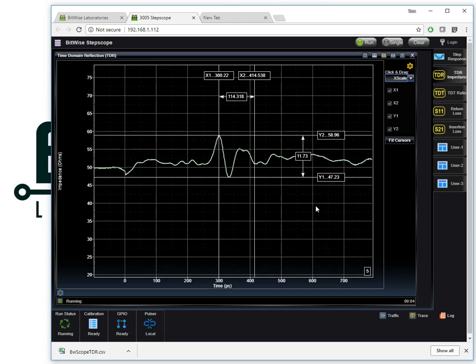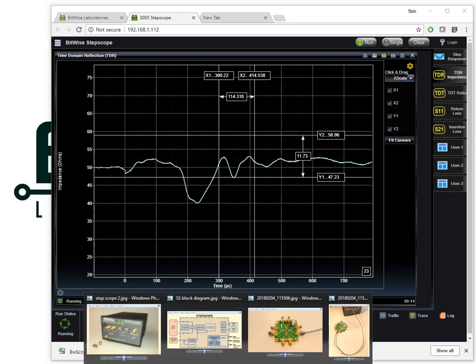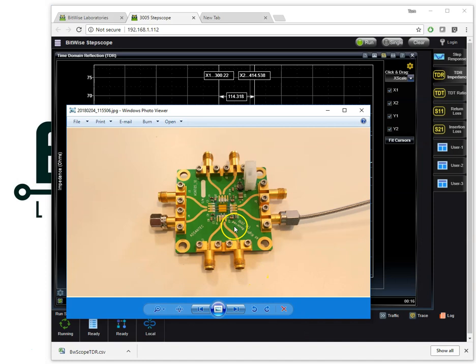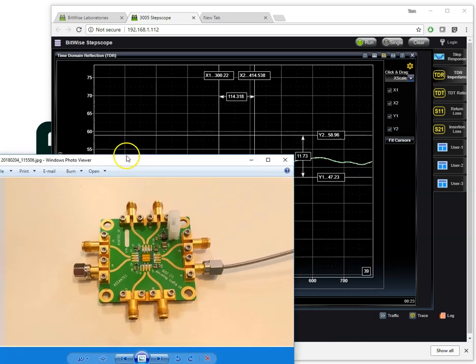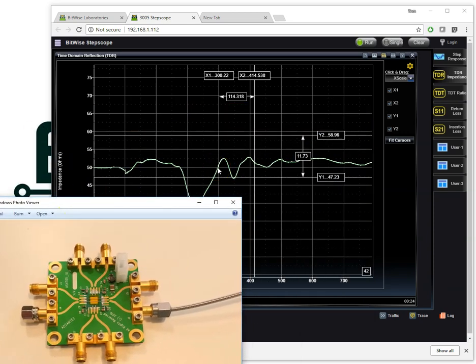And just for fun, I will put my finger on the trace. You can see this is me moving down that trace. Recall what this board looks like. I am moving down this trace a little bit here. Move that up. And as I continue to move down the trace, I am measuring different impedance. As I finally get to the